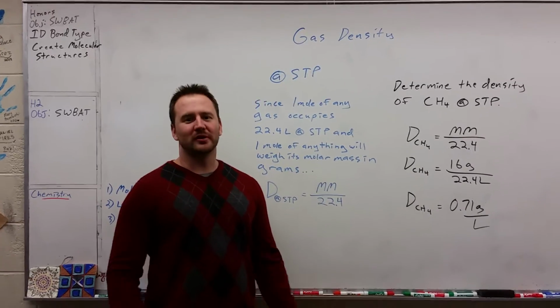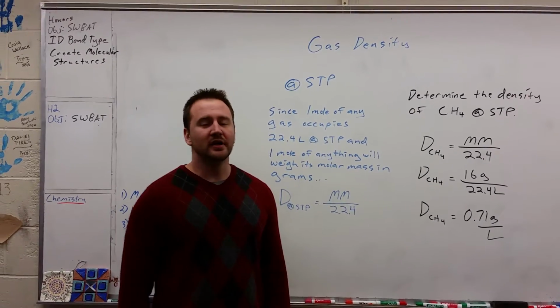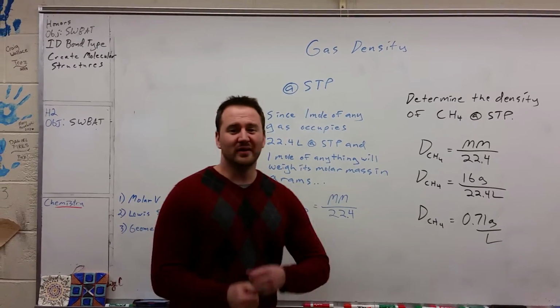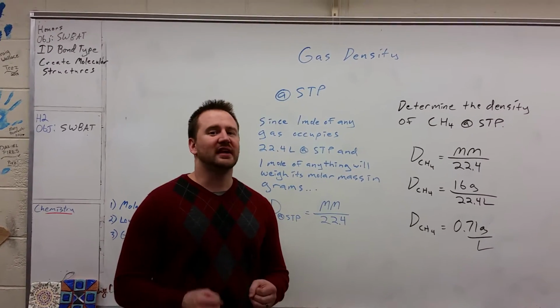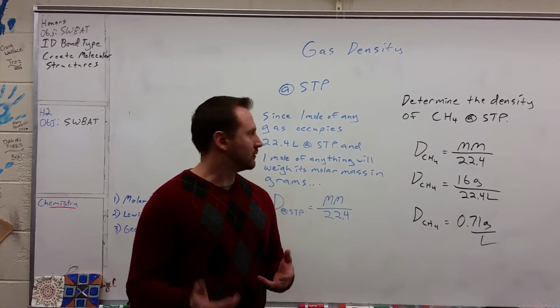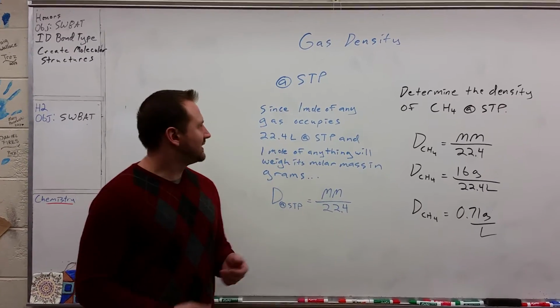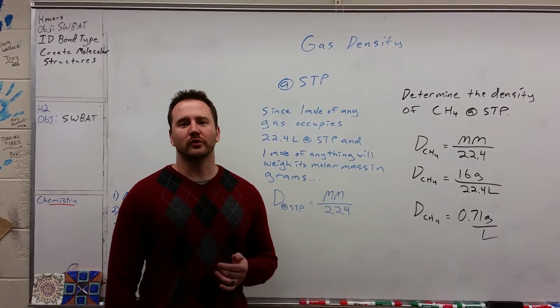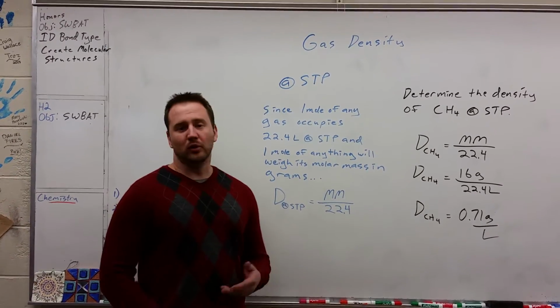Today's lesson we're going to learn about calculating density for gases. So there's two ways to do it. One is the easy, quick way, which is if it's at standard temperature and pressure, which is 1 atmosphere, 273 Kelvin. Since 1 mole of any gas occupies 22.4 liters at STP, and 1 mole of anything is going to